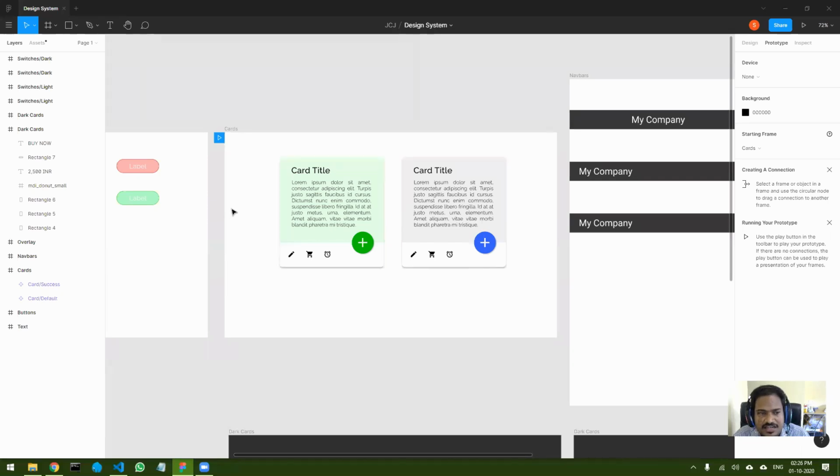That is exactly correct. 3 divs for the main wrappers, 1 button for this green button, and 3 images which are actually anchor tags. These 3 are anchor tags, and this is an h1, maybe h1, h2, anything, and this is a paragraph. So you can see how many elements are required.